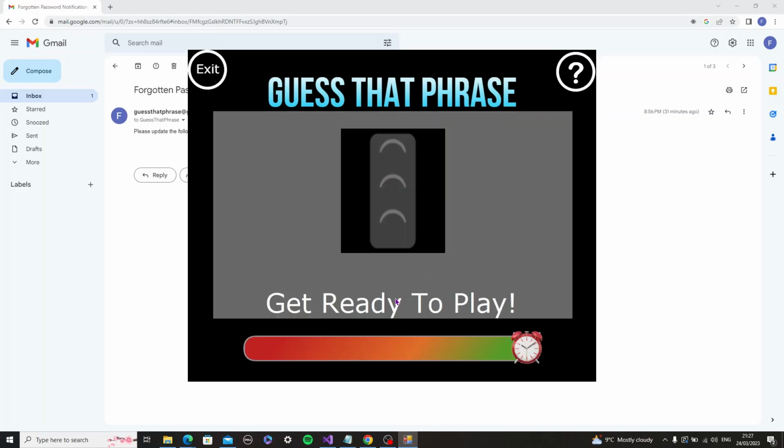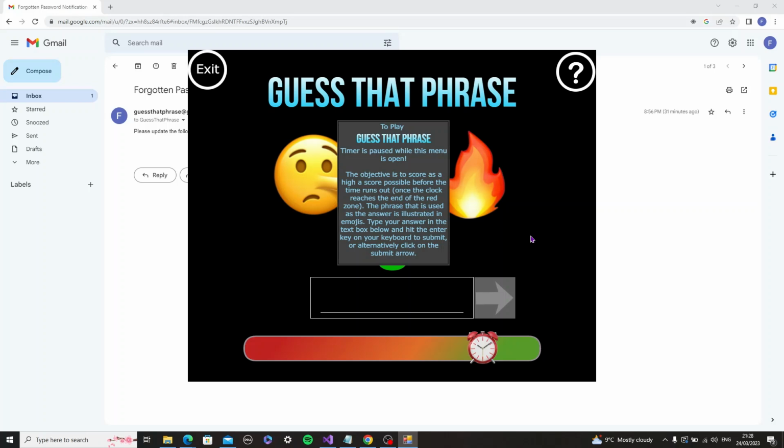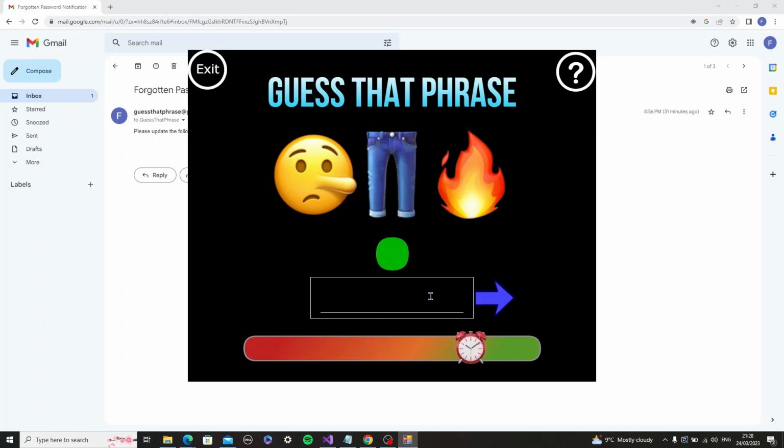In this level, the user will face a random phrase from a large pool of 50 unique questions which vary in difficulty. The user can pause the game to view the objective of the level. At this point, the text box and submit buttons are disabled, so the game cannot be cheated. If we guess a few of these phrases correctly to beat one of the high scores on the leaderboard, we can show a new ranking, such as Liar Pants on Fire,